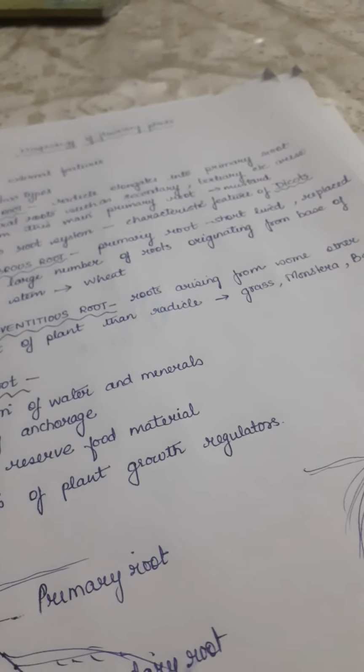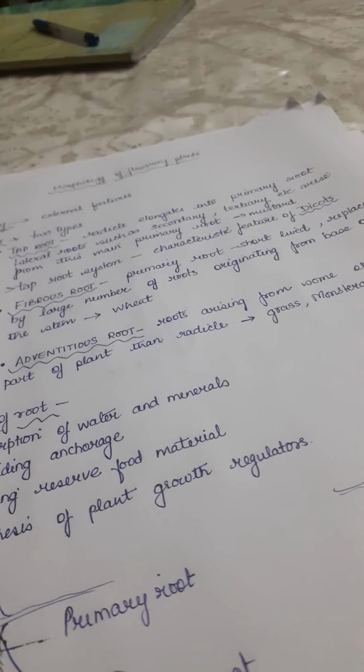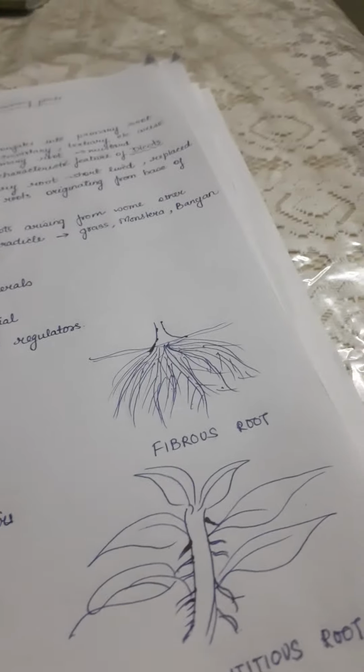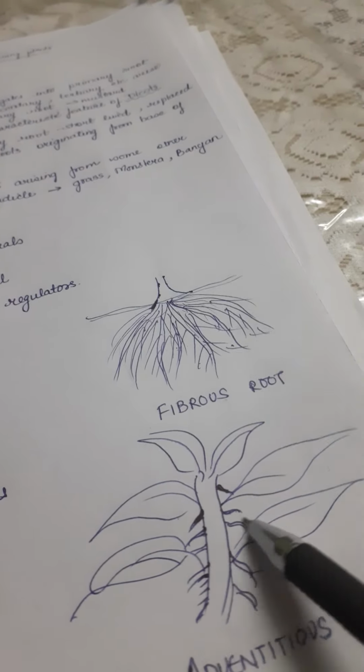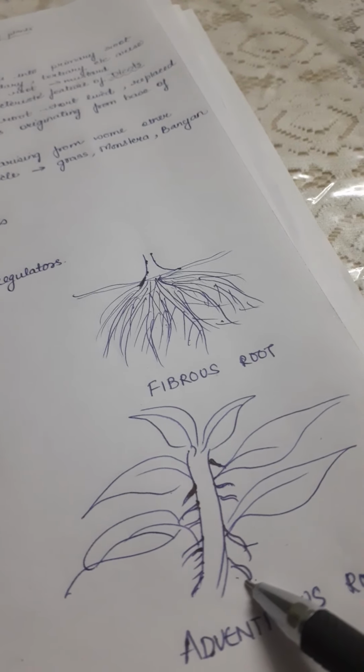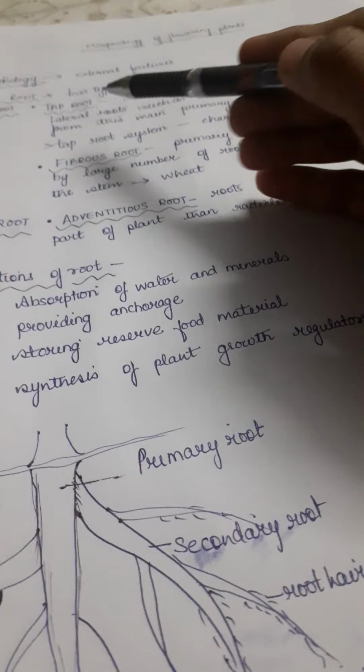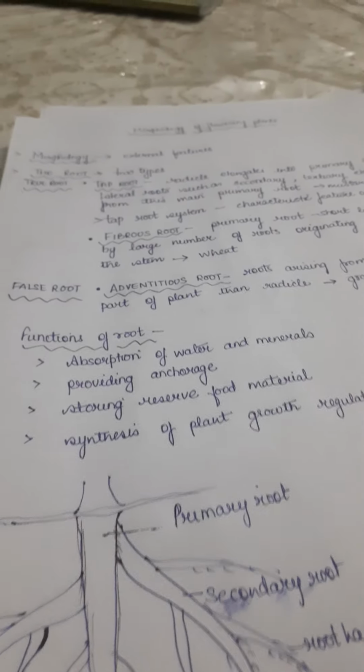We will be talking about them further in the video in which we will be discussing modification. You see adventitious roots coming out from the general stem region between the leaves. So this is not a true root. It is not coming out of the proper radical. So you have roots by the name of taproot and fibrous root and adventitious root.